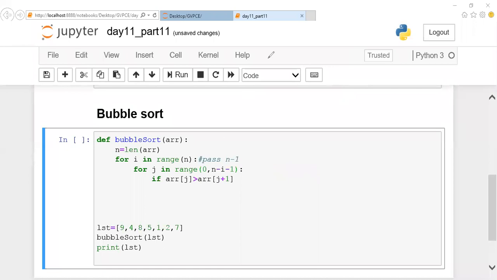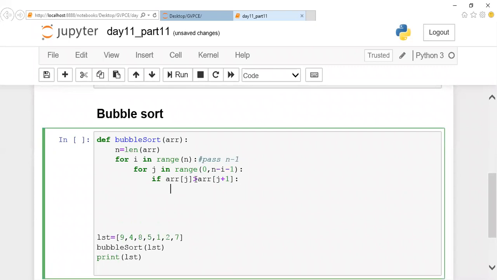Now let us go ahead further. Now this if condition has been applied. If I find that array of j is greater than array of j plus 1, what should I do? I should perform a swap operation. Here we know that it's not required to declare a temporary variable. Swapping is very easy: a assigns b, b assigns a. There is a simple logic for swapping. The first two numbers are assigned in reverse order, which means these two data will be swapped. This data value will come here and this data value will go here.